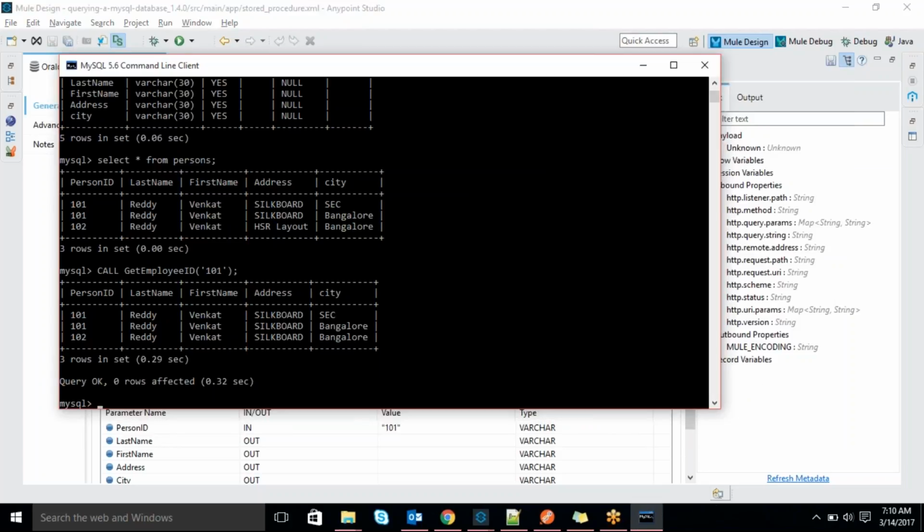In a real-time scenario, when will I use this type of procedure? Sometimes database people will write the logic in the database itself. If they do, our job will be easy to get the data. Otherwise, we need to write so much logic in our middleware to get the information.